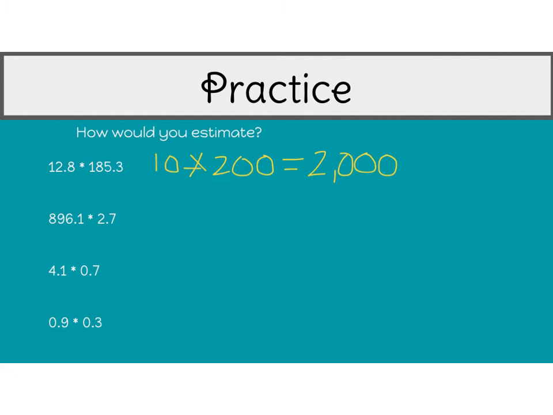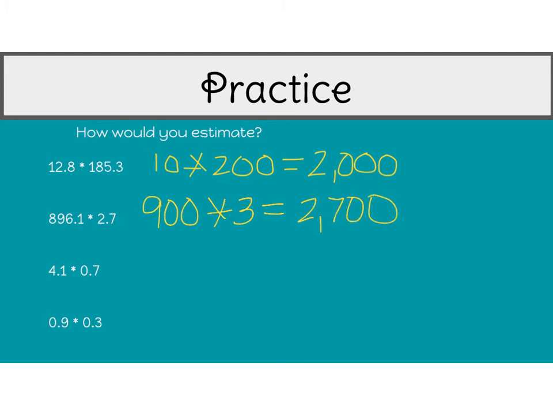Okay, and like I said, this is going to be a process. If we take a look at the second problem, we have 896 and 1/10 times 2 and 7/10. So again, I would take that problem and change that to 900 times 3